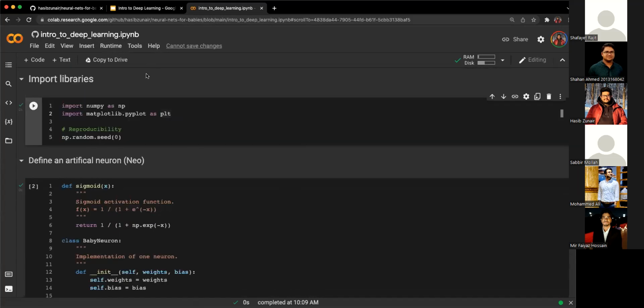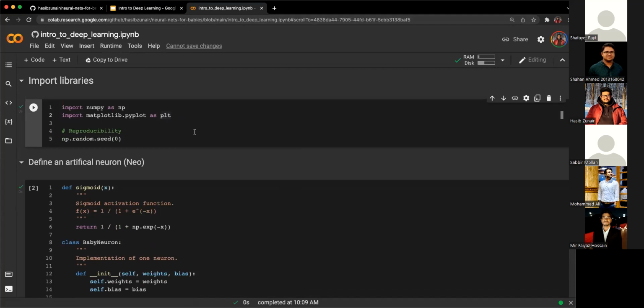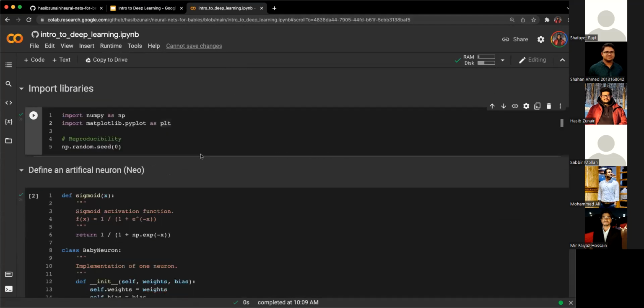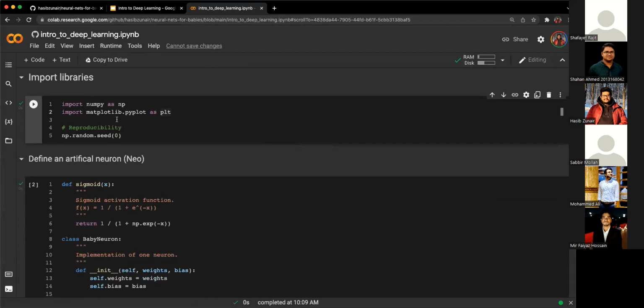Okay, so this is the tutorial notebook. You'll also have a link to this later. So let's start off from the beginning. They're just intro stuff, so you import the libraries first. One thing you see here is